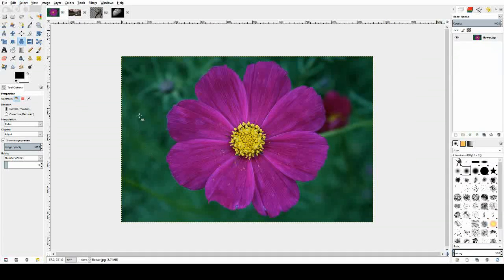I have this selected already by accident. Okay. So to get this, we want to get the outline of this flower. Now, as you can see, there's many more colors on the outside, so we can't use select by color, and the fuzzy select tool probably won't work too well. So what we can do is,